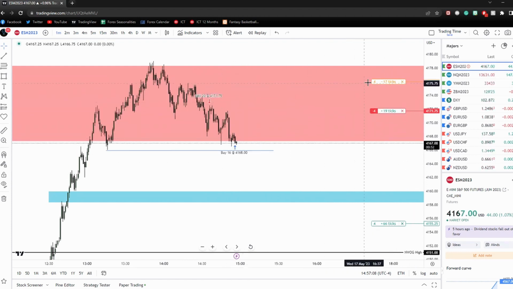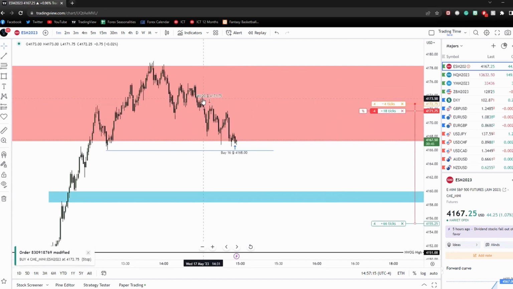Now we can move our stop lower to where our entry is at, because we don't want to see it come back up to our entry now. Realistically, right here's an entry, I don't want to see that. So I'll probably give it like 6 ticks right there. So now we can still see it hovering around here. It's not doing too much, but this is still the target for now.